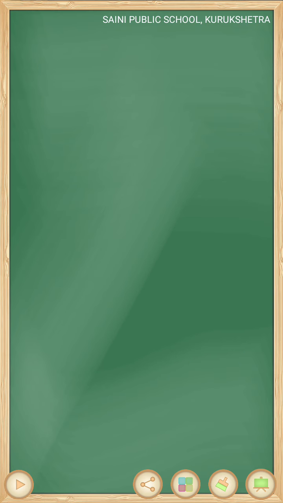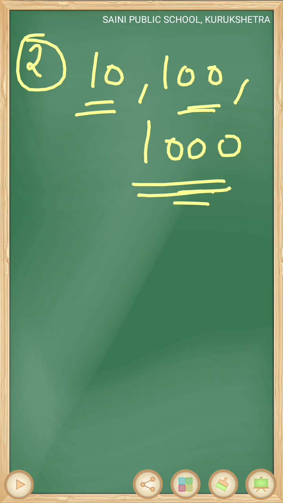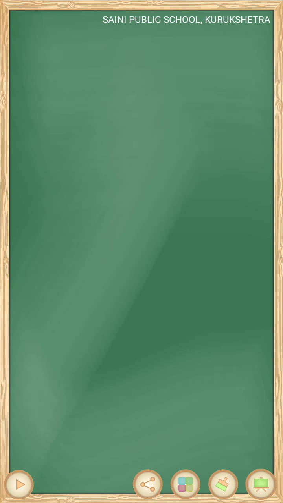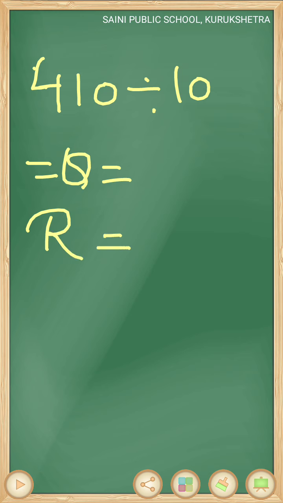Let us recap another example. We have already learned how we can write the quotient and remainder directly when we are dividing a number by 10, 100 and 1000. Let us discuss with the help of some examples. Here are some questions and we will solve them. In this question we have to write the quotient and remainder directly without dividing the two numbers.